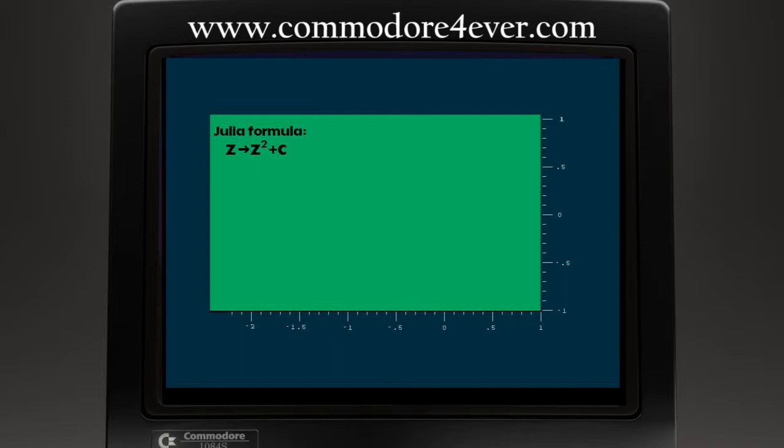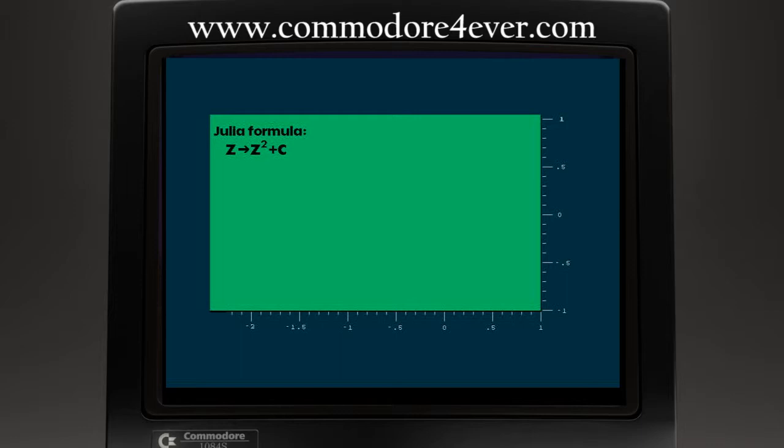The number of iterations is not fixed, but the more times we do it, the more detailed the picture will be and the longer it will take to generate. We then move on and plot the next dot on the screen using Z as the dot's address and keeping C as the point for which we want to see that Julia. Once we have reached the end of the iteration for each dot, we look to see what number we are left with. Some will be very high and going off towards infinity.